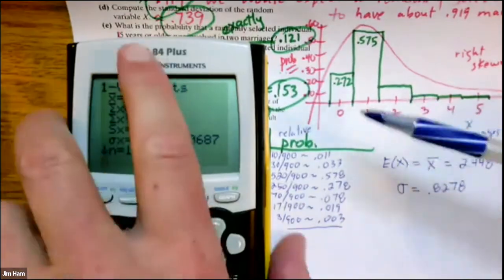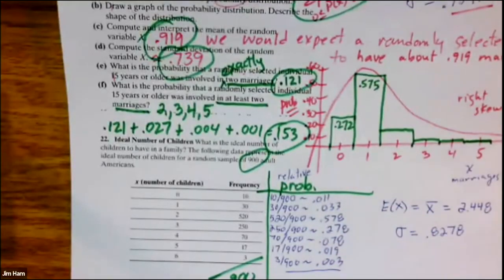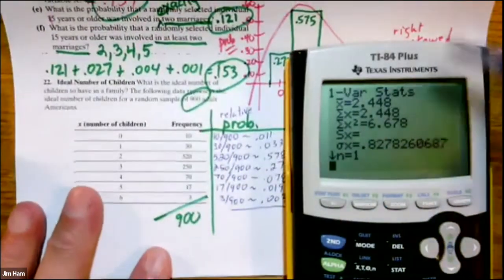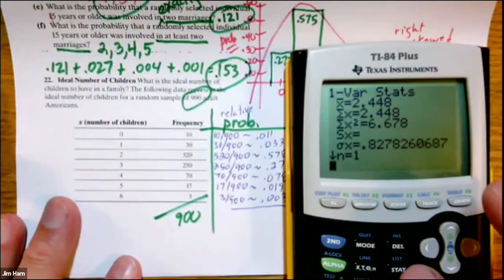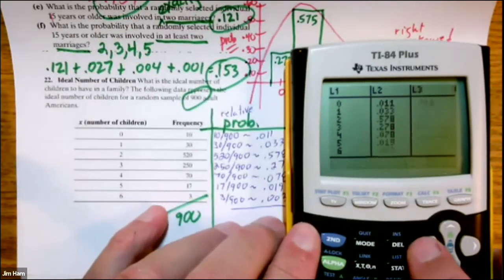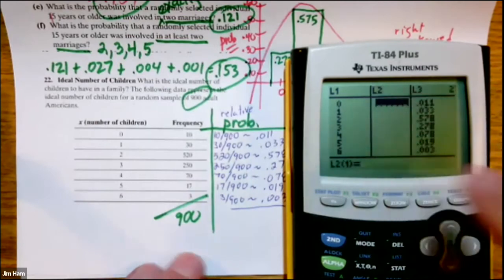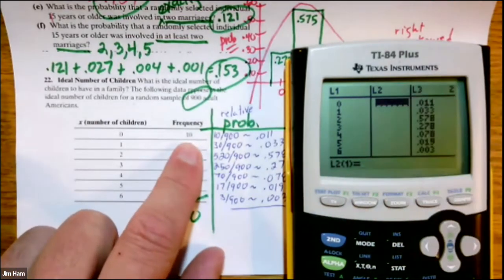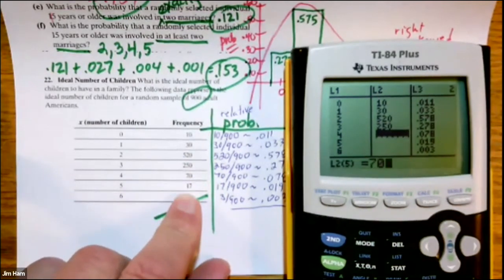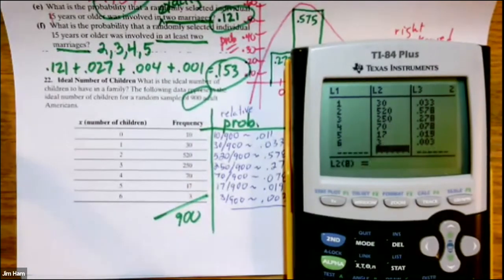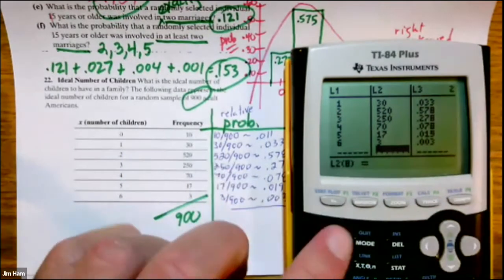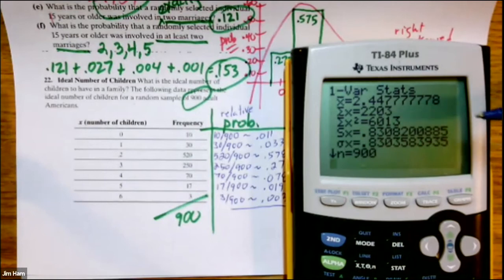And if you're not given the probabilities, you have to calculate them. Let me just show you another calculation. And so you know what these numbers are, I'm just going to go back to the stat menu, and I'm going to change these L2 values to the actual frequencies that appeared in the problem. And I'm going to redo the calculation just so you can see what's going to be similar and what's going to be different. So now we have the frequencies. So both of these columns now are in there. If you run one variable statistics again,